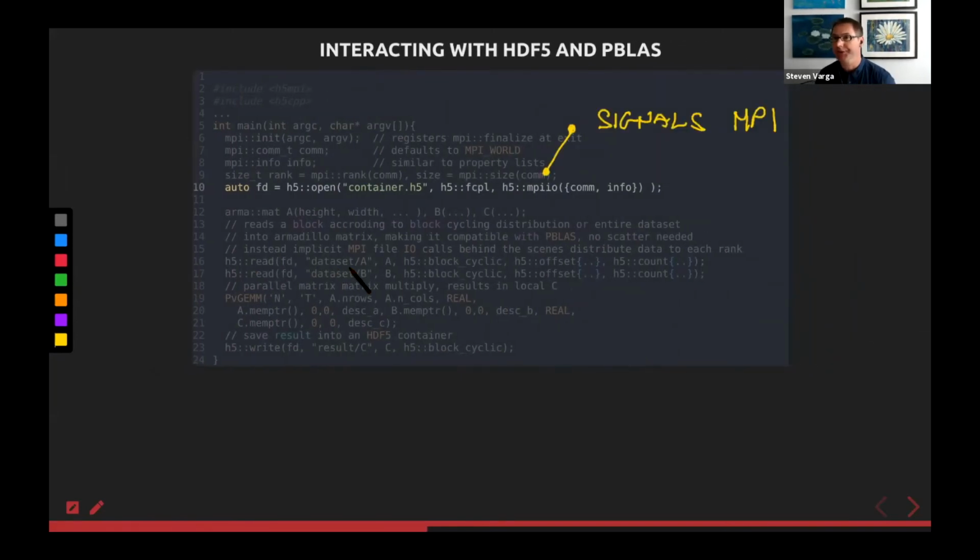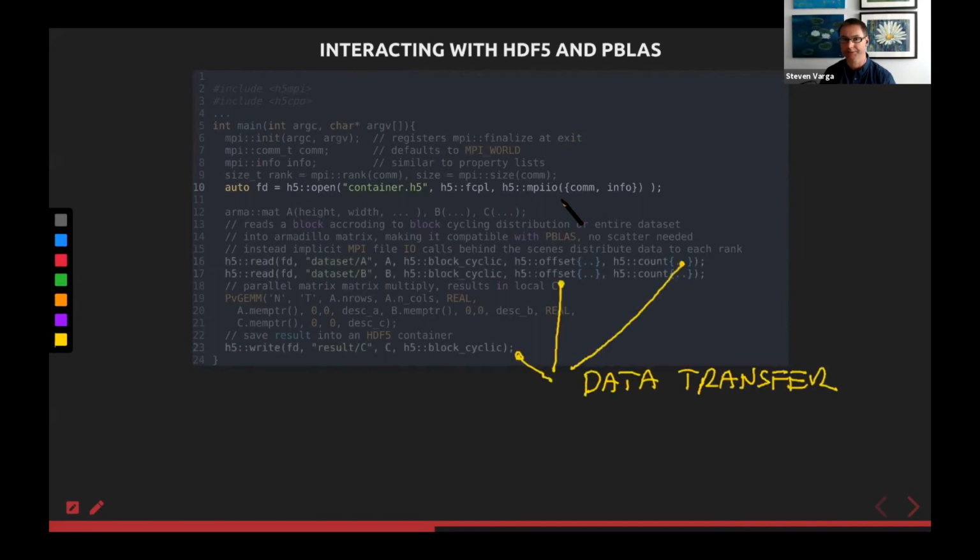Now, interactions with other systems, such as HDF5 and parallel BLAS. With HDF5, we can signal the MPI call. We already have property lists that can be picked up from the underlying system of ranks and all the details.